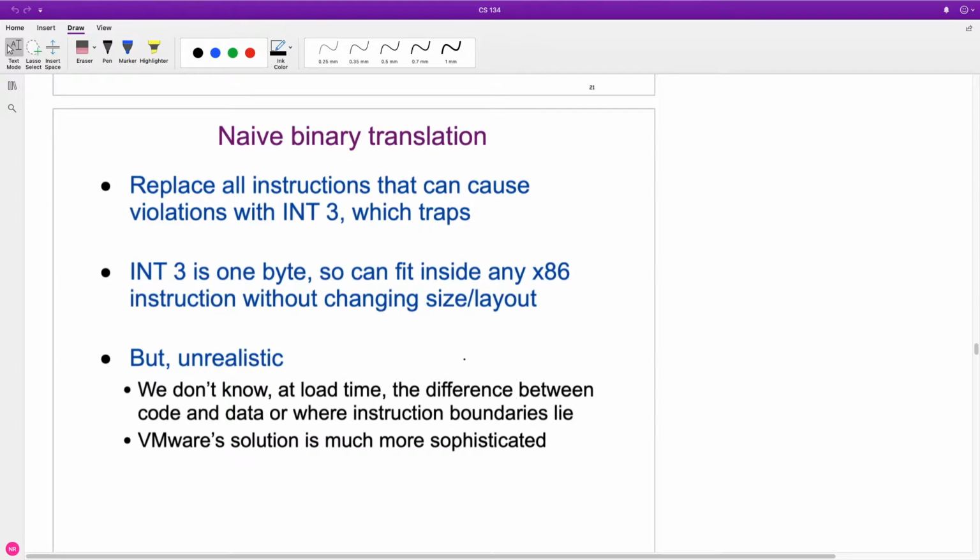Except, what's code, what's data, right? We just don't want to replace every byte that looks like a pop FL with a trap, right? Because now you're changing, what are you changing? You're changing your tables that you use for shooting your cruise missiles, right? And that's probably a bad thing. Maybe they shouldn't even have been running on a VMM, but